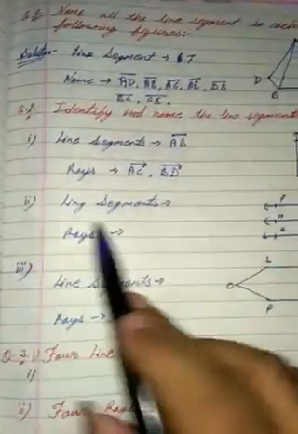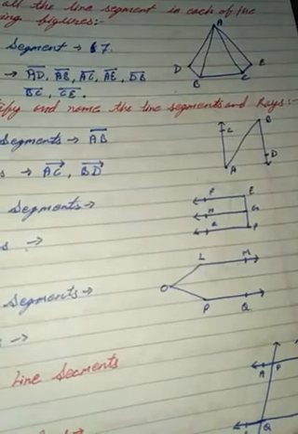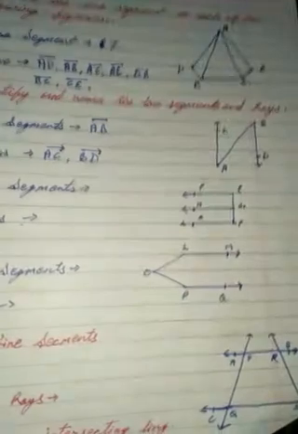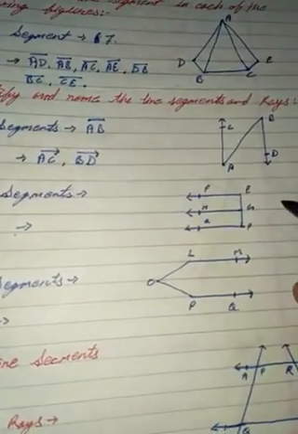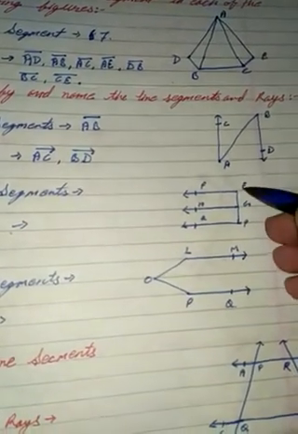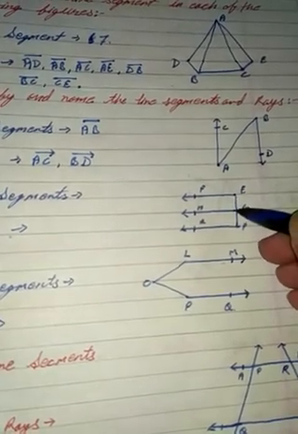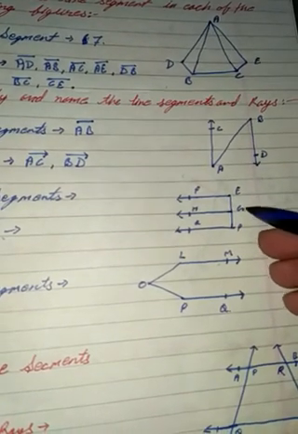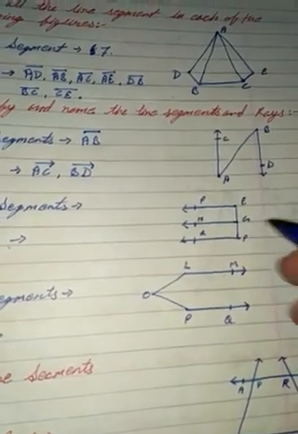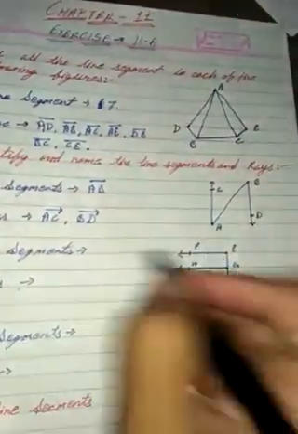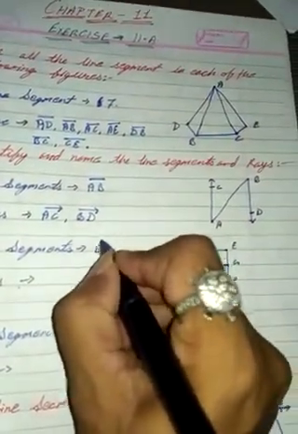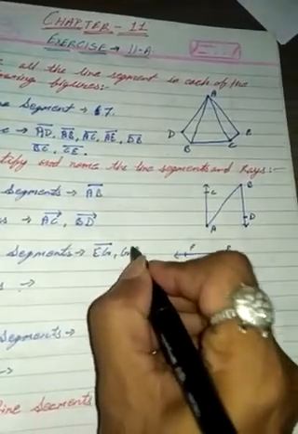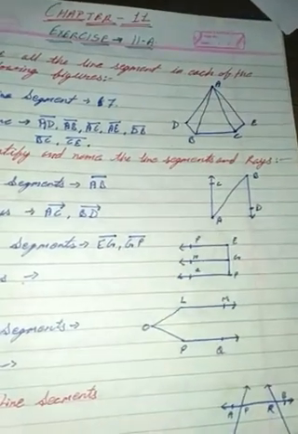Okay. Now next, the second part of this question. Now find out the line segments first. Now there are two line segments because these are two parts, EG and the second is GP. Now there are two line segments, EG, and put the line segment symbol, second GP. Okay, now